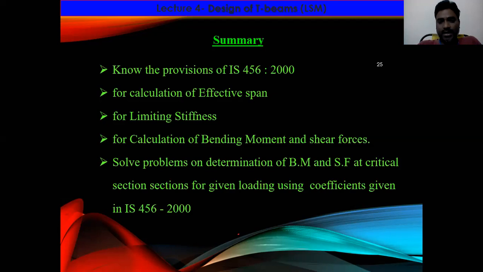That is why I calculated directly the maximum bending moment from the coefficients, and similarly I calculated the maximum shear force from the coefficients itself. You can easily identify which one is the maximum, right? So this is what we have discussed till now. Next class we will discuss